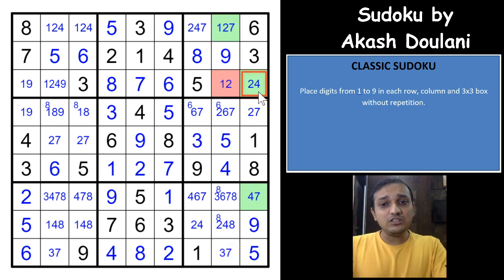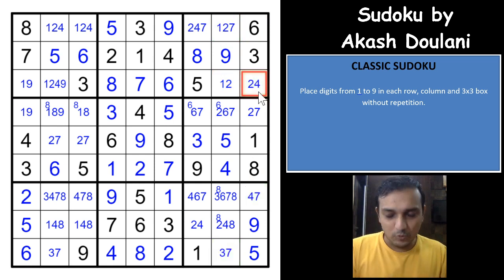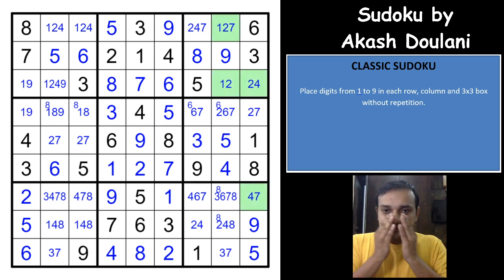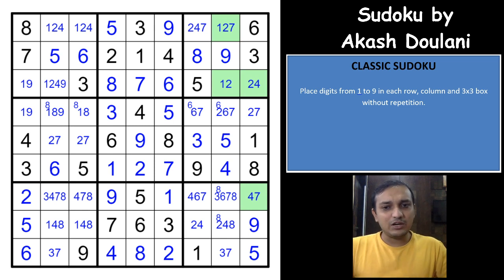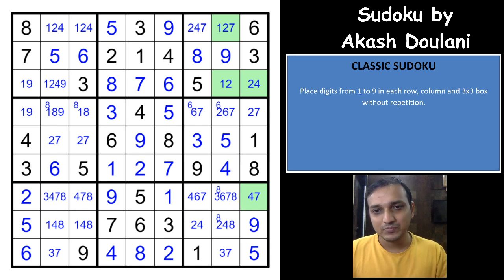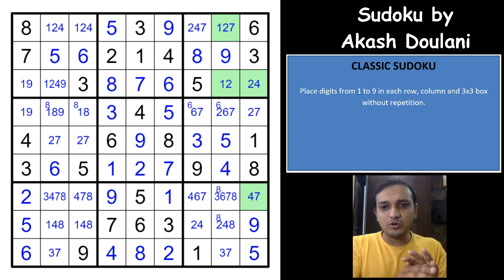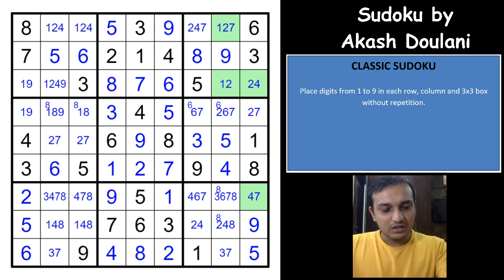And the other way to see this logic is called WXYZ wing, because that works in 4 cells. A WXYZ wing also eliminates the same candidate from this cell, that is 7. The way the WXYZ wing works is one of these 4 cells will surely have a 7. That is actually a very difficult way to see, but one of these 4 cells will surely have a 7. What happens if you don't have a 7 in any of these 4 cells? Let us see what happens here, right?